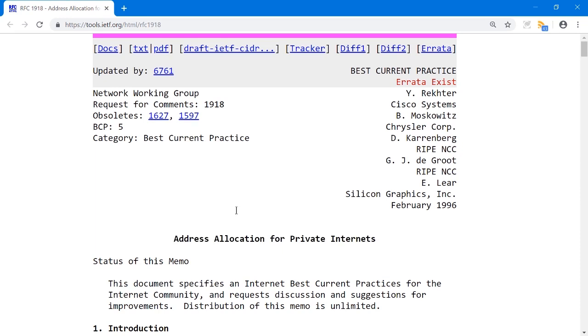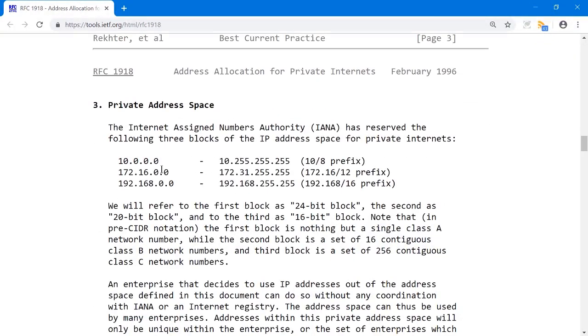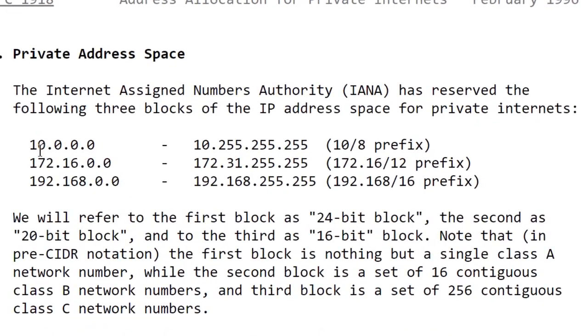Because you can have a private network within Class A, within Class B, and within Class C. And here are those private address spaces. In Class A, it's 10. Class B, it's 172.16 through 172.31. And Class C is 192.168.0 through